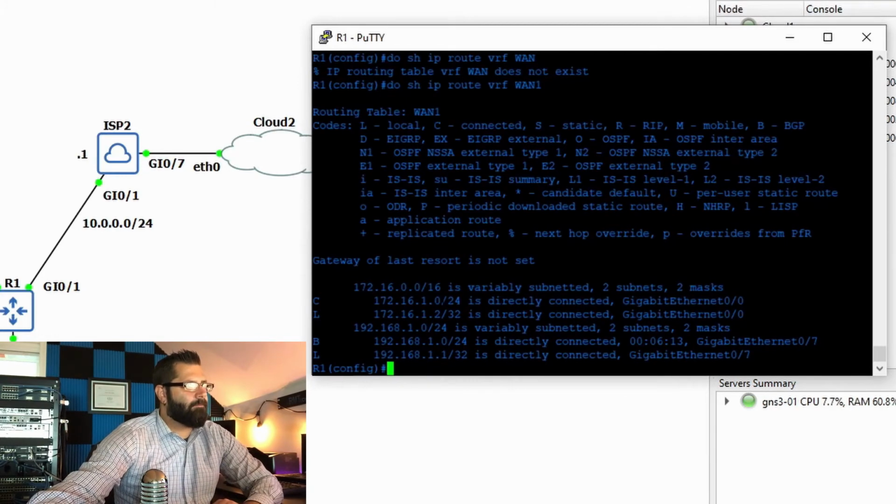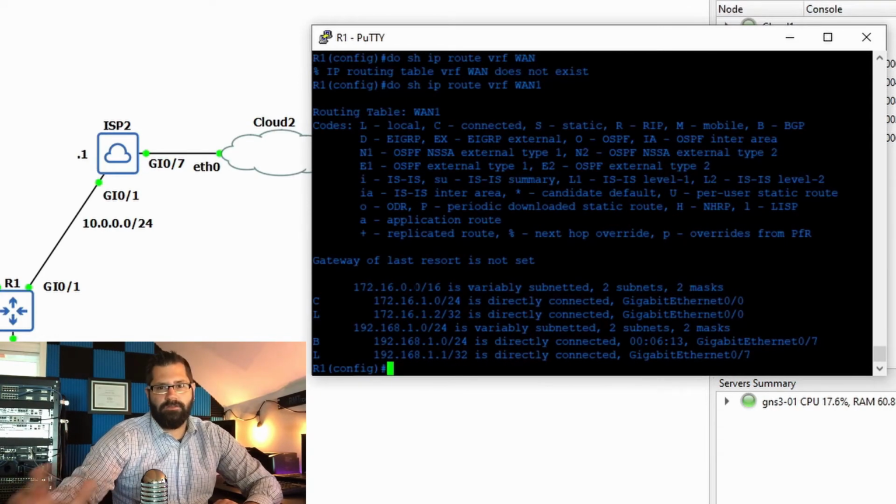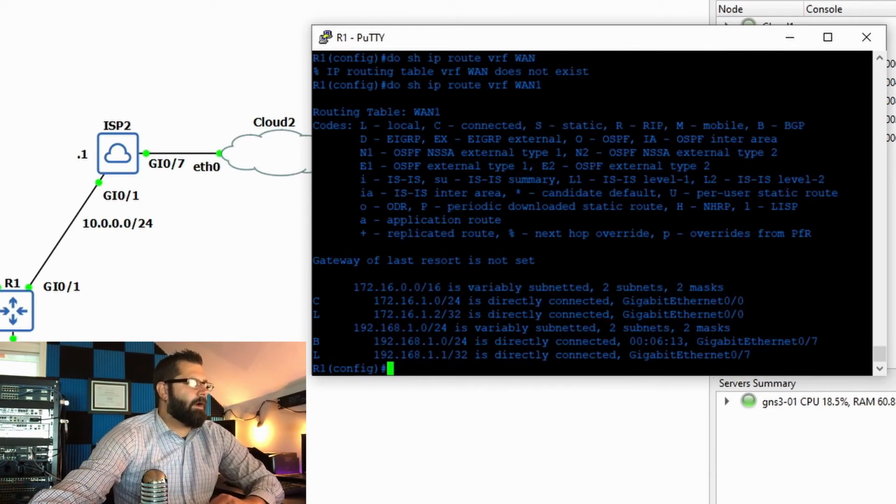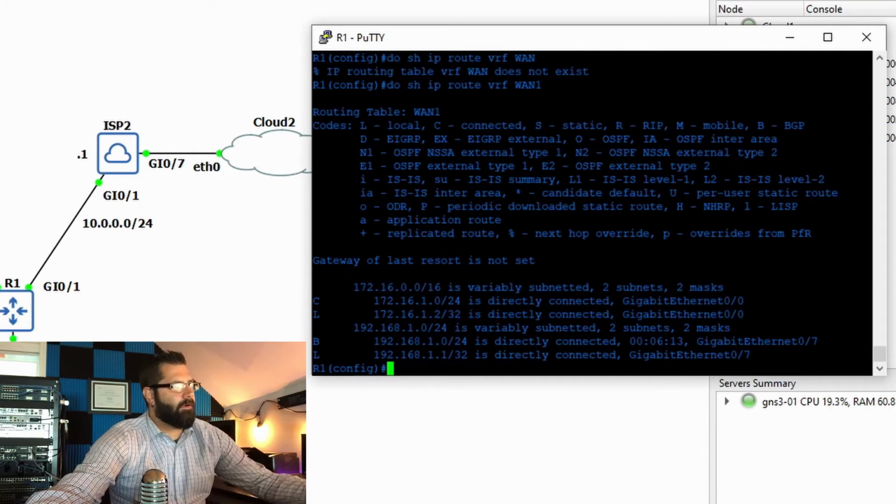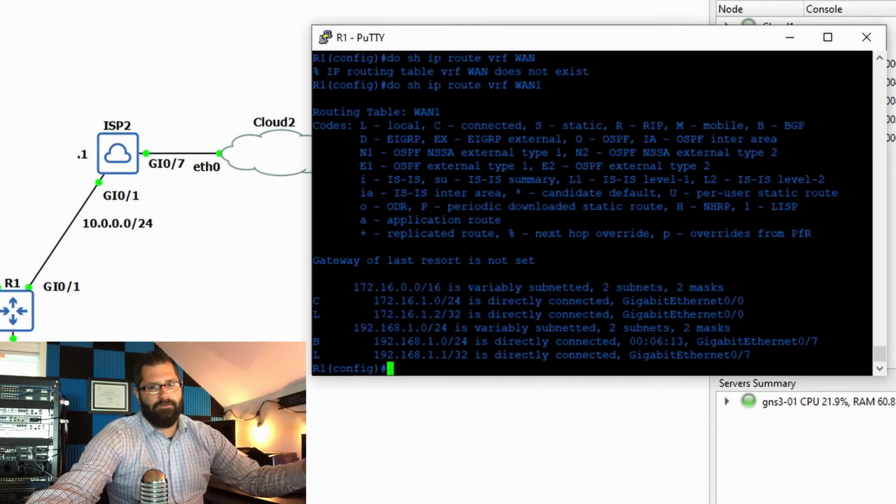So this is where I need to make something additionally clear. I've seen this set up wrong several times, and I'm not exactly understanding why, but some might just stick a default route in there and say, okay, well, it needs the default route, and we can get to 8.8.8.8 or whatever well-known IP you choose to ping. IP SLA probe will get a response, tracking object will come up. But here's the thing, if the default route is tied to the tracking object and the IP SLA probe is tied to the default route,